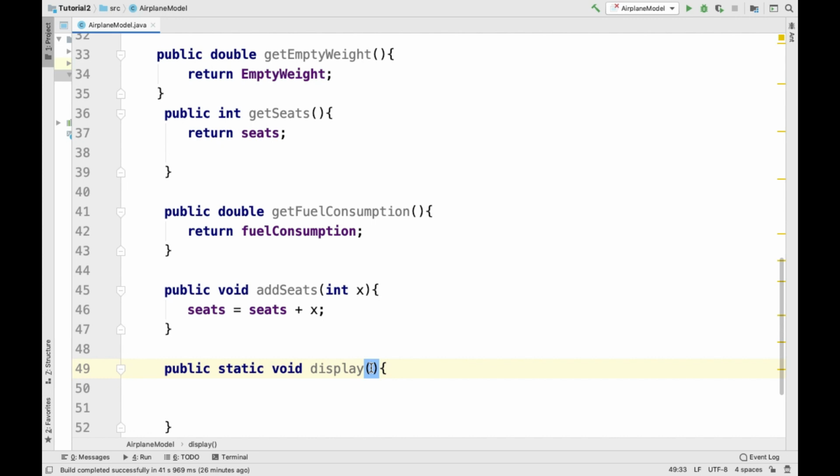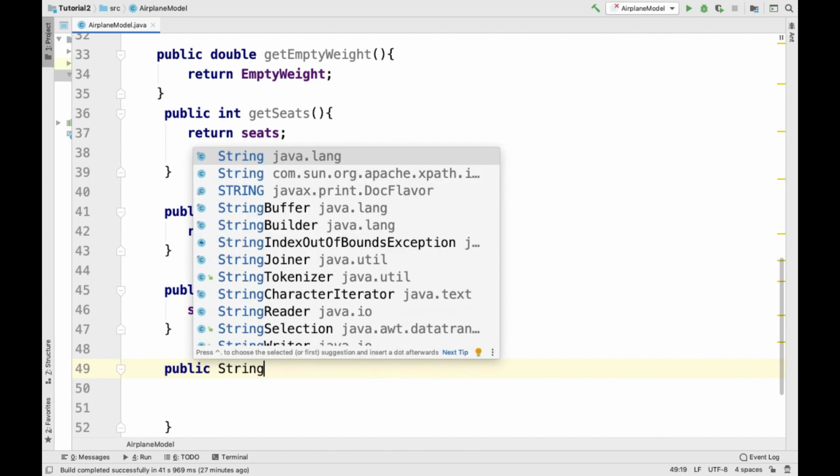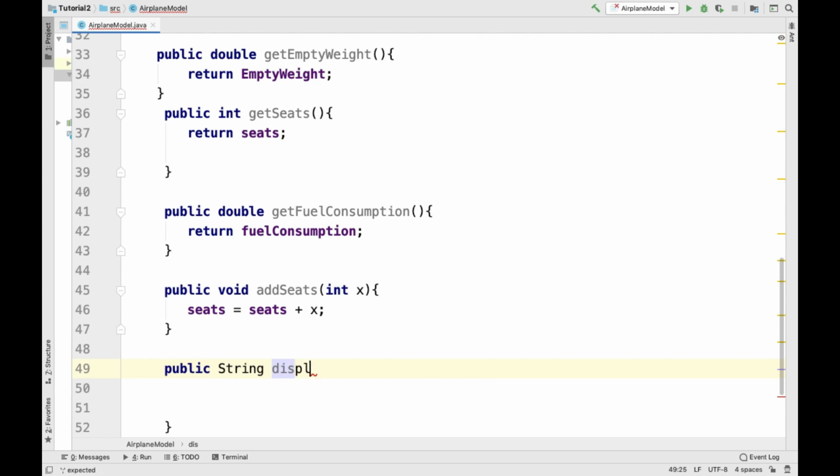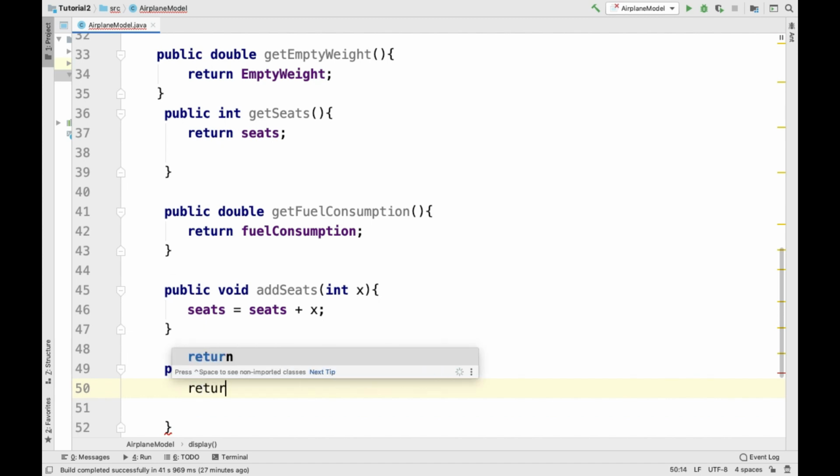Actually, hold on. This is a different one. This is the second one. The one that is required for the display to display a full report, this one we will create one of type string, actually, so that it can return what we need. It will return a string of everything that we need. So it will return name,